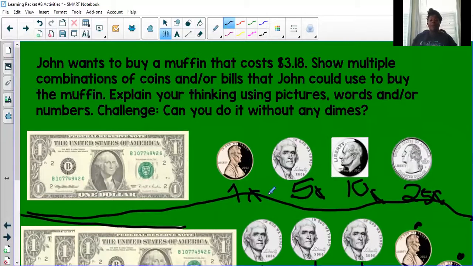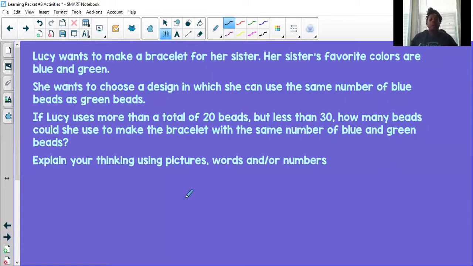So the next problem that we're gonna move on to is the bottom part of column 2. So this one says, Lucy wants to make a bracelet for her sister. Her sister's favorite colors are blue and green. She wants to choose a design in which she can use the same number of blue beads as green